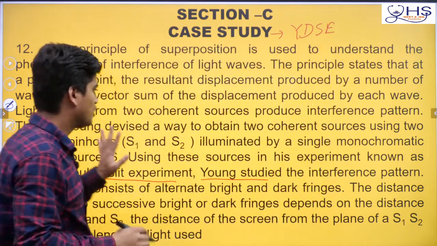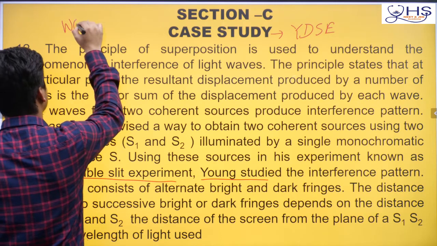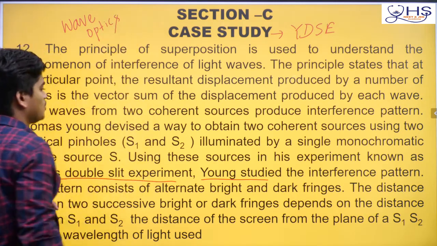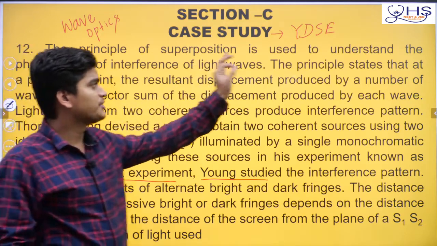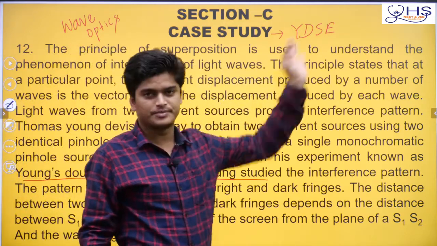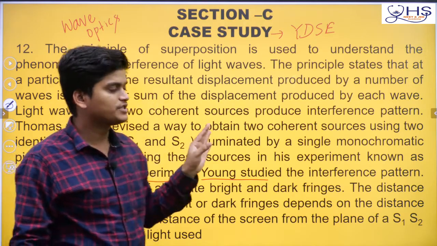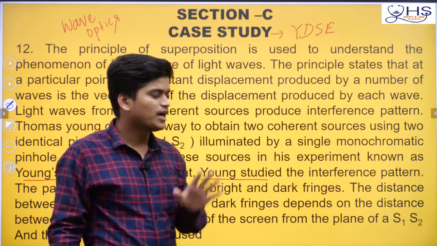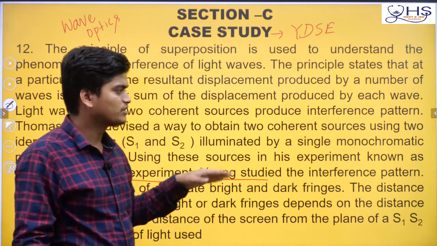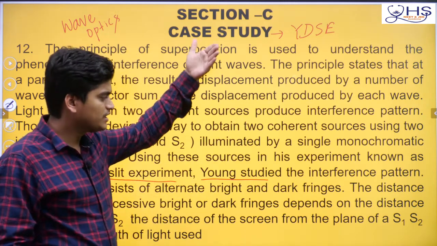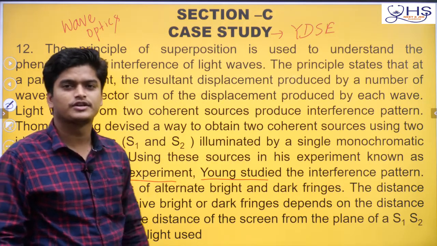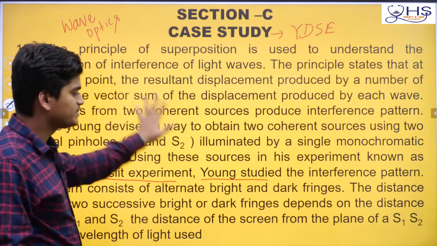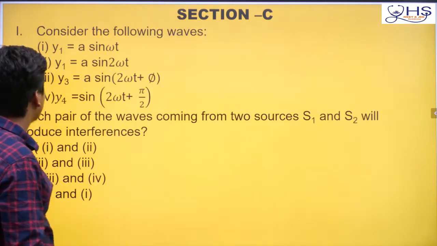So it is your chapter wave optics, which comes in 12th standard. From this chapter, one experiment you have is Young's double slit experiment. In this experiment we basically see an interference pattern, and this experiment confirms that light is a wave, and due to that some interference is happening and on the screen we are seeing the interference pattern. So this is the idea about this experiment. Okay, leave it. We are not reading this, so let us go directly to the questions.